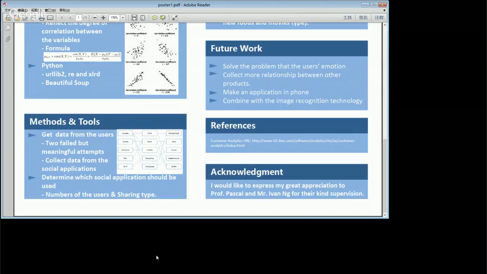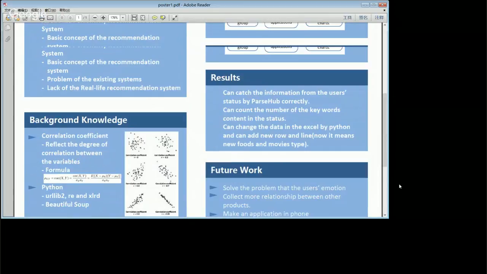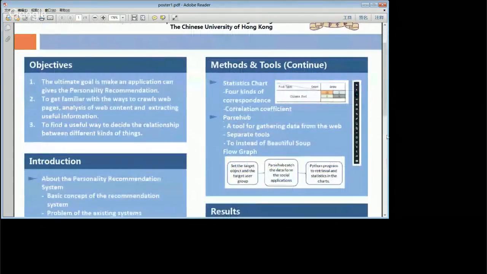And after determining which social application will be used, I should determine which kinds of data I should collect. I found an Excel like this, where the columns are different kinds of food, separated by countries, and the rows are different kinds of movies.